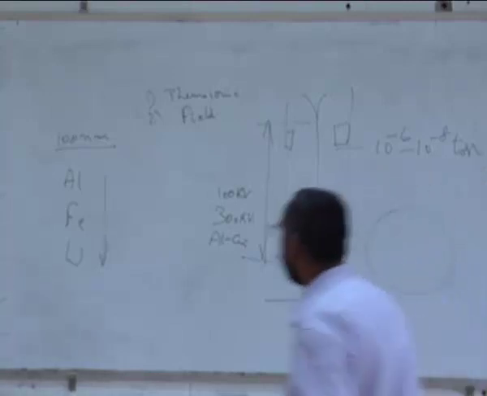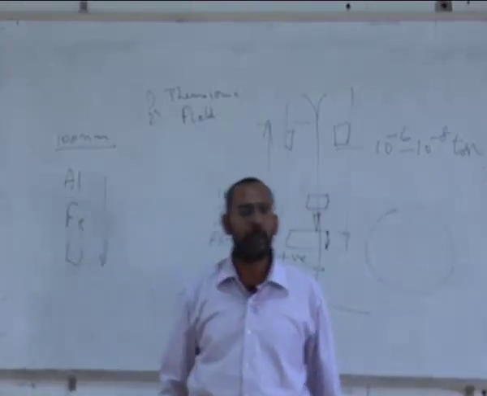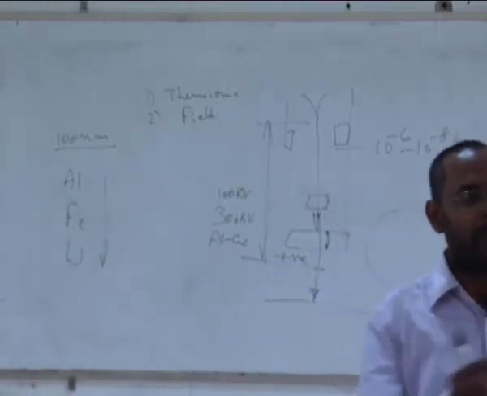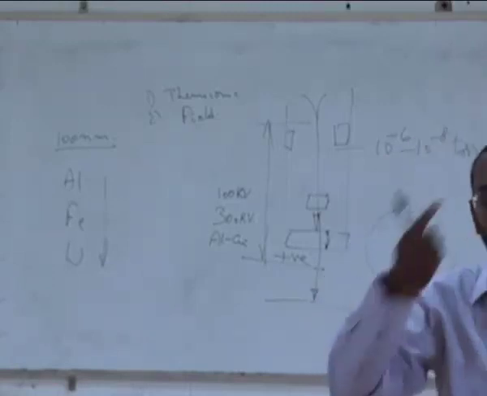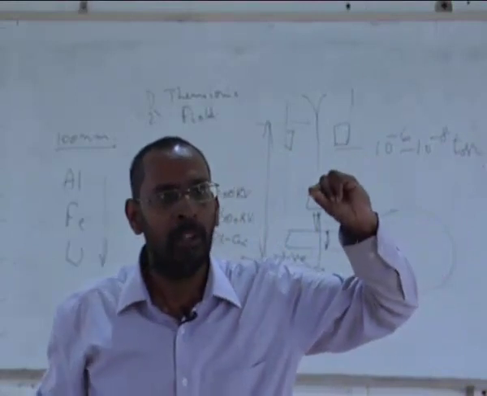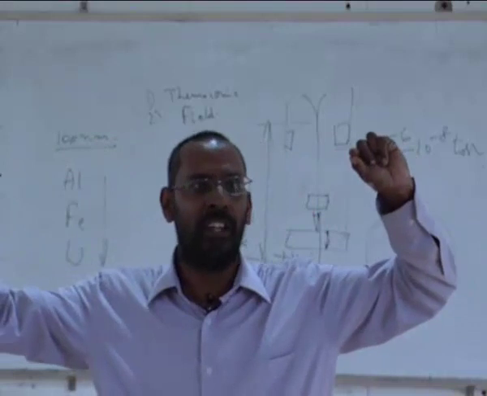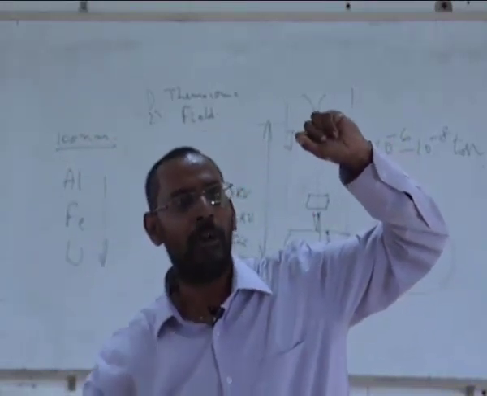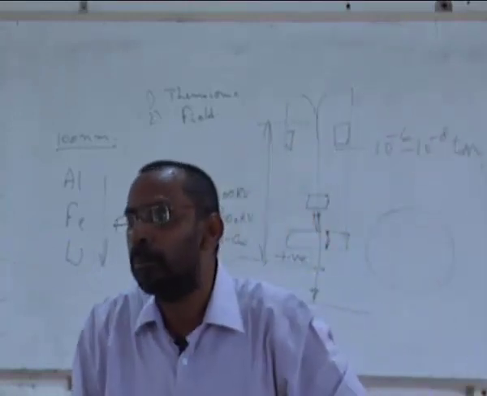So as I go from this to this to this, the number of electrons is increasing. As the number of electrons is increasing, in the same thickness of the sample, I will have more electrons in tungsten when compared to aluminum. So that means more chance for the electron beam to get scattered by the electrons of the sample. So if I use the same thickness of aluminum and the same thickness of tungsten, I will see that the beam coming out of the tungsten will have much less intensity when compared to the beam coming out of the aluminum.